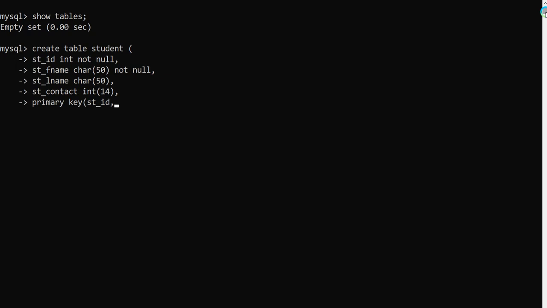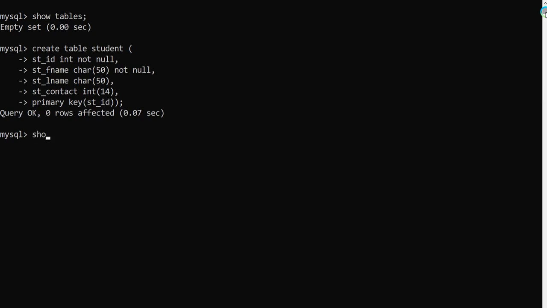If you want to make some more, then put a comma and write the names, that is your syntax. So here we are going to make only one primary key. In the bracket, we write it, and then we will close the first bracket that we opened after the student, and we will put the semicolon. Look here, Query OK, that means there are no mistakes, and 0 rows affected, that means the table is created.